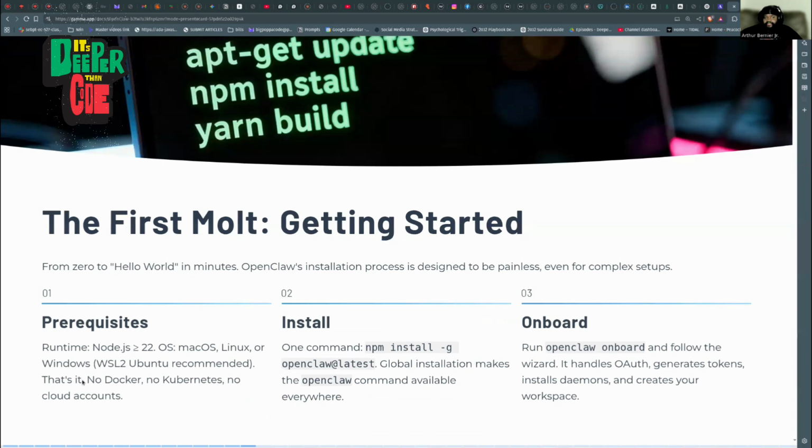So first you're going to do that, right? You don't have to do anything special, no Docker, no Kubernetes, no cloud account, nothing like that. Just go ahead and get it installed onto your machine, right?